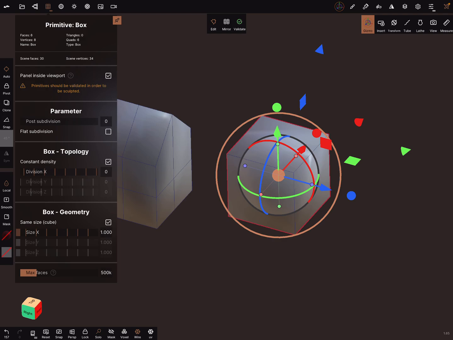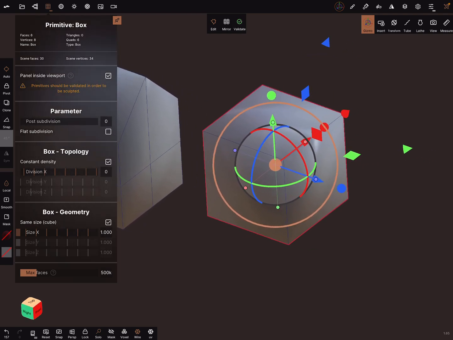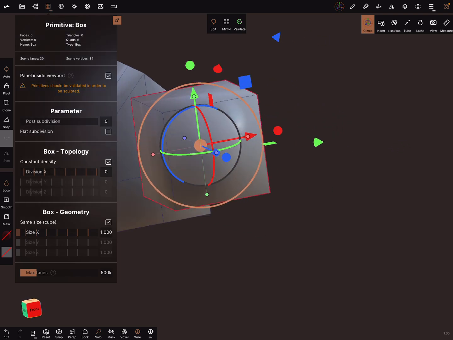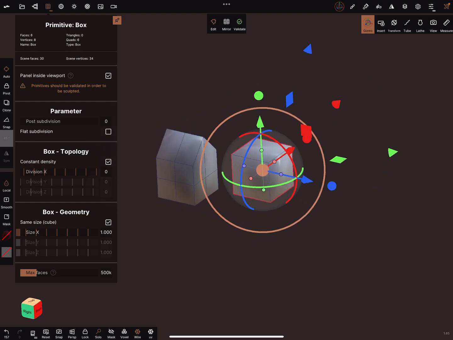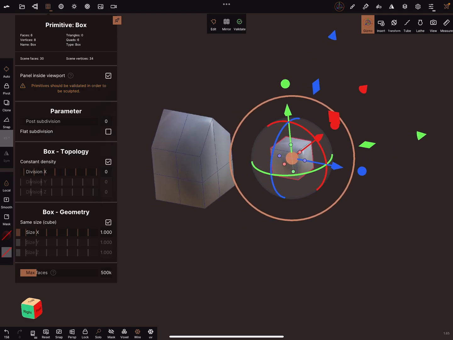And don't validate this object. Okay. We can make it a little bit smaller. And now we have an object to insert.